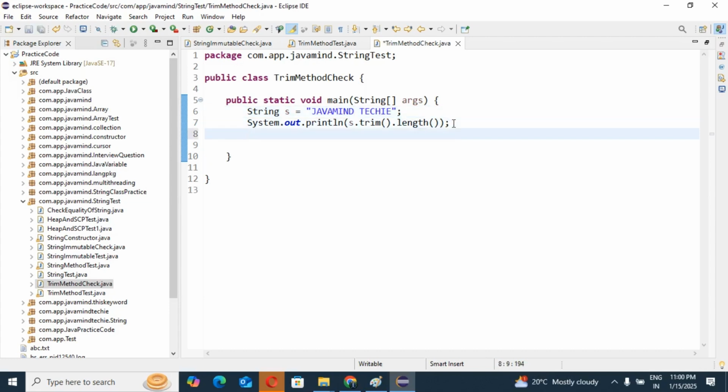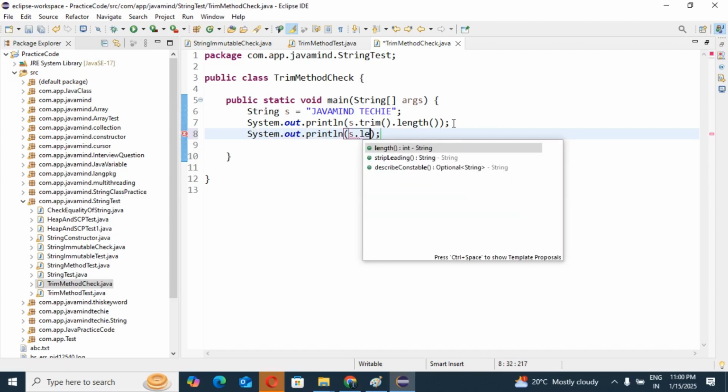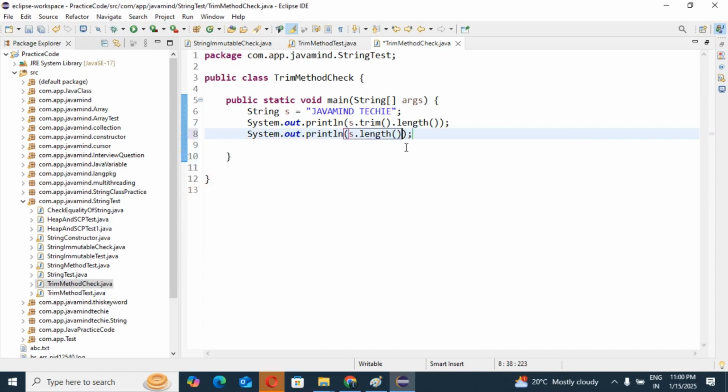So guys, see, sys out s dot length. I will show you whether it is correct or not. Guys, tell me what is the length of this string. Tell me, 1 2 3 4 5 6 7 8, right? Yes or no? Then 8 9 10 11 12 13 14, guys, or no?